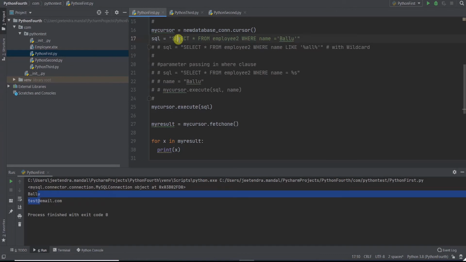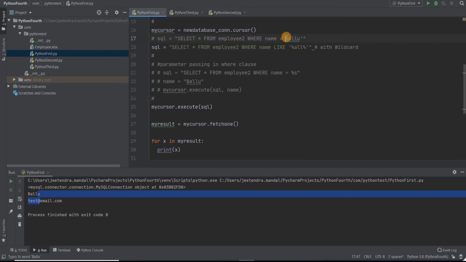Now we'll see some more operations on MySQL. Here, instead of giving the full parameter for name, if I don't know the exact parameter, like typically in search, I can search by any letter. If any matching string is found, that means with a wildcard search, in the case of Balu, I just remember ALLU.